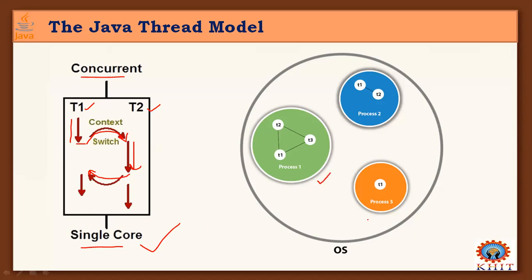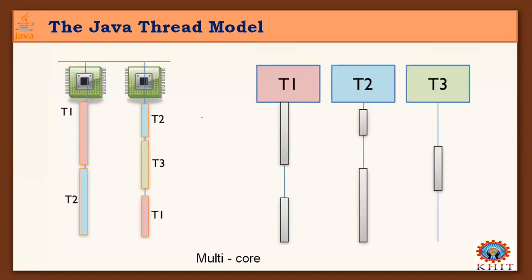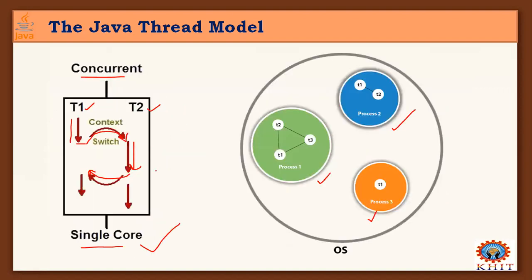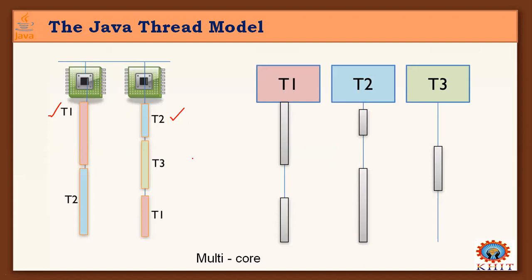Generally, we have processes with threads like this. And based on that process execution, multiple threads will work on a single core like this. And we know how multiple threads work in multiple core systems. And here, if you observe, T1 and T2 are running at the same time, both are executing at the same time. But here, T1 and T2 are not executing at the same time, right? So this is the thing you need to observe in single core and multi-core systems.